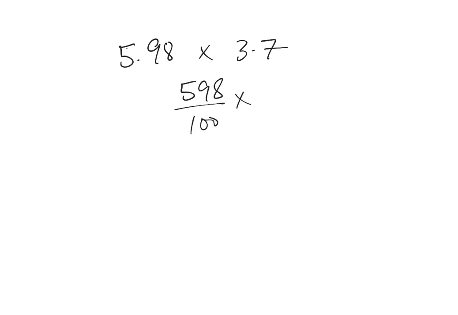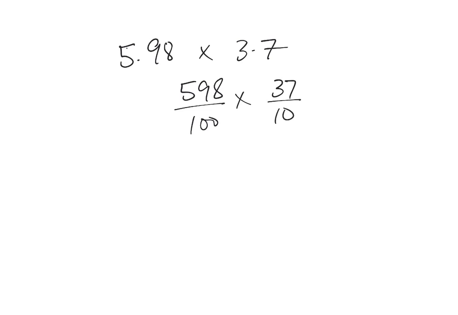Very good. So when we multiply decimals, that is one principle to keep in mind. We make sure that we multiply the numbers like we're multiplying regular numbers, and we apply the decimal place correction, or how many places it needs to be in order to provide a final answer. So here's another example: 5.98 times 3.7. If these two numbers are multiplying, we could technically write it as 598 over 100 times 37